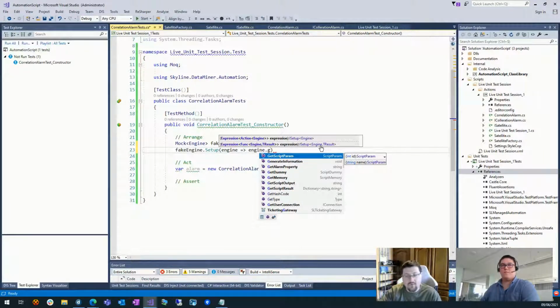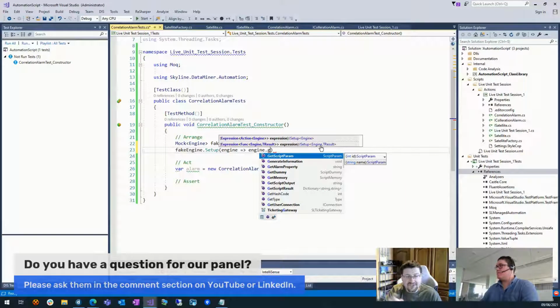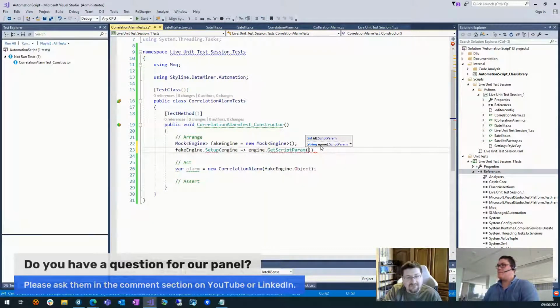If you're going to try it at home, you'll notice that it's going to fail because there's no override available yet, or the interfaces aren't correct yet. In upcoming DataMiner versions, that will be fixed, so do keep an eye on that. A lot of the things can already be mocked, but the one we're going to be doing now, you're probably going to need to wait a little bit. But anyway, we can do it now as an example.